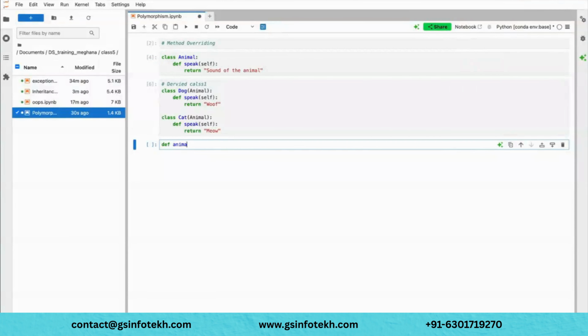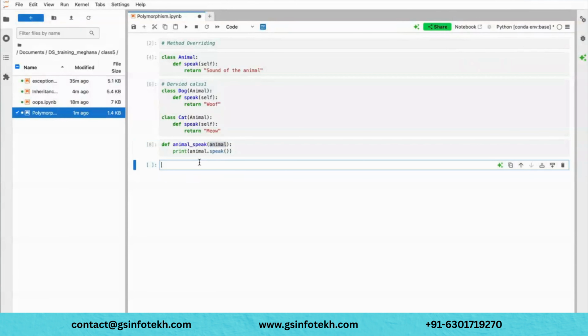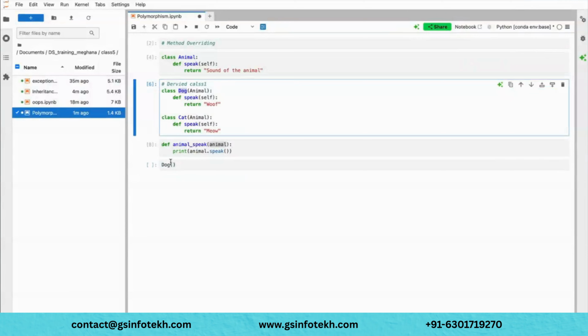Let's say I'm creating one more function called animal_speak, and it requires one parameter, animal, and then print animal.speak(). See, this animal parameter is nothing but my object here. So let's say dog, I'm creating an object for the Dog class.